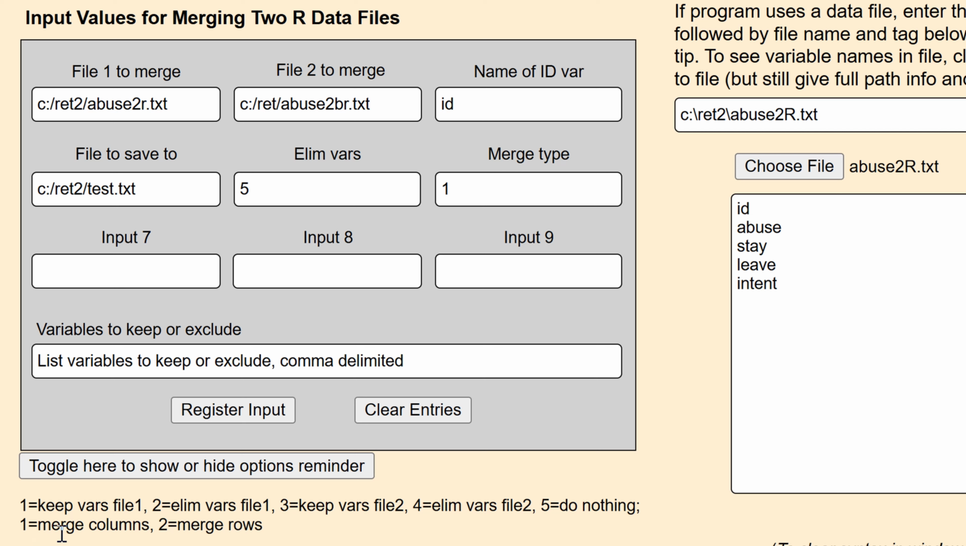A 1 is to merge columns. That means to merge the variables in file 1 with the variables that are in file 2. Option 2 is to merge the rows. And that means you're going to stack file 1 on top of file 2 and add cases to the files. Let's go ahead and we're going to do a 2 in this case, where we're going to merge these by